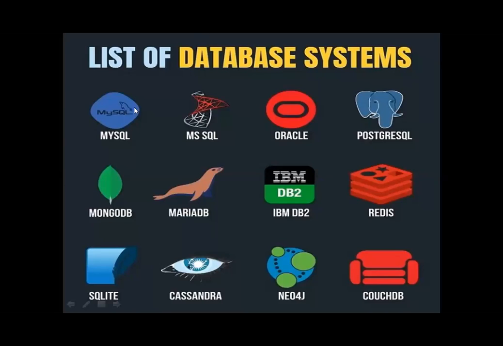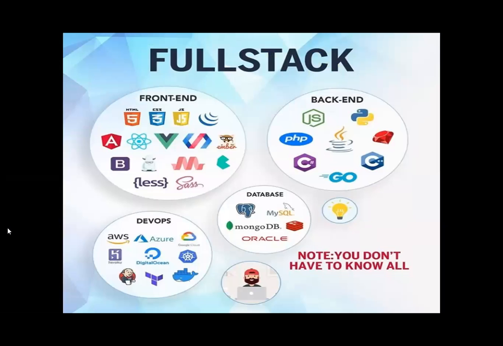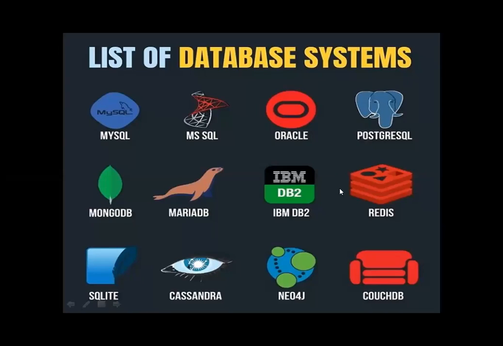And then there are databases. Each and every database has a different role. So the MySQL database is different from PostgreSQL, and PostgreSQL is different from SQLite. Can you all see this last section of icons over here? There is SQLite, Cassandra, Neo4j, and then there is this. Can you all see the last section? Yes.